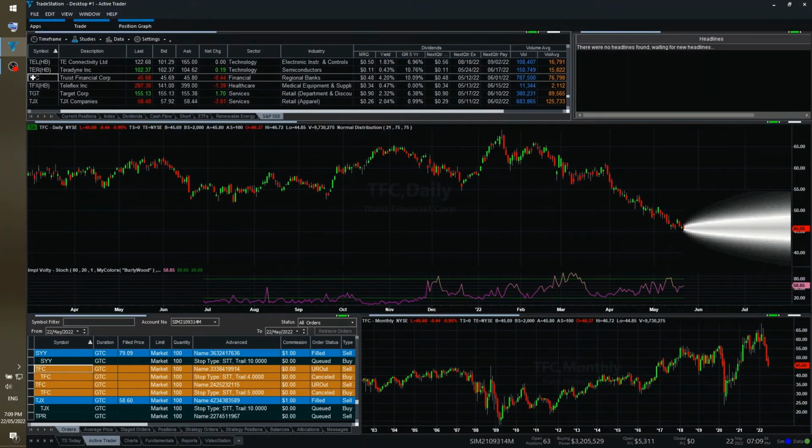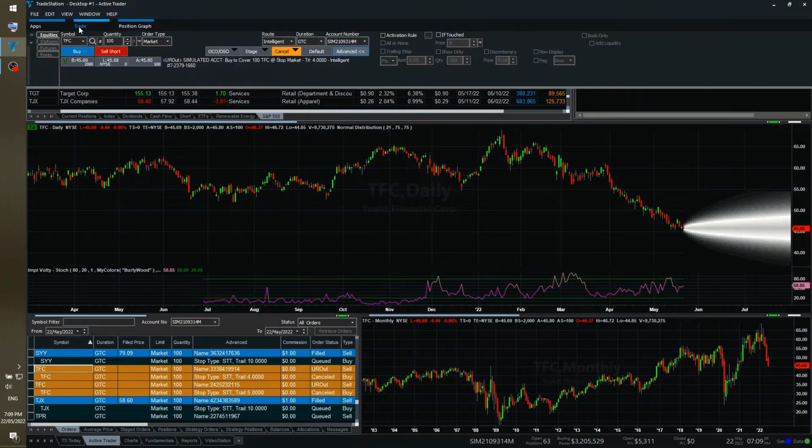We need to click the TFC symbol, then click the trade manager. Then we can type the symbol in this box, and the next step is we set the quantity. I set it by default to 100, but you can set it to 200 or 300 depending on your position size. And then in the order type you can set a market order or limit order. If you set a limit order, you can use the current stock price at